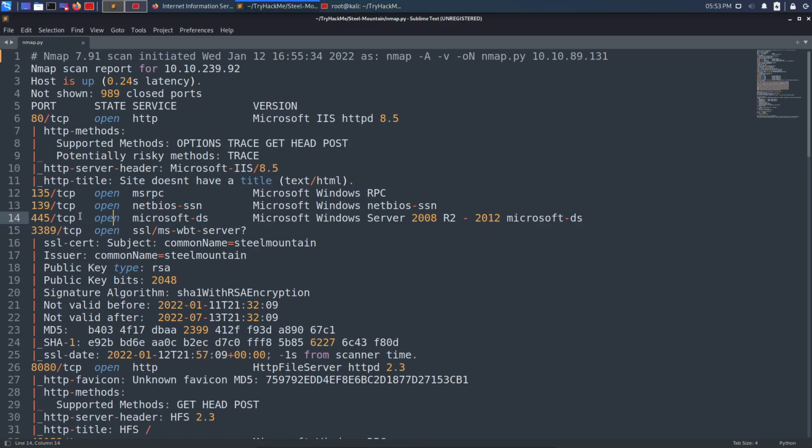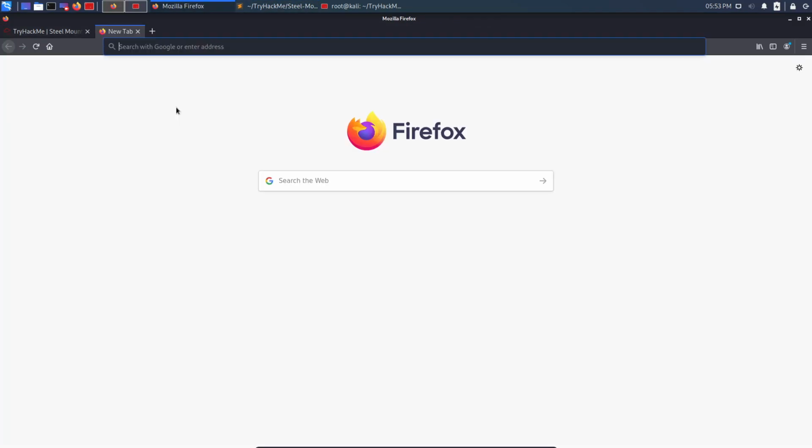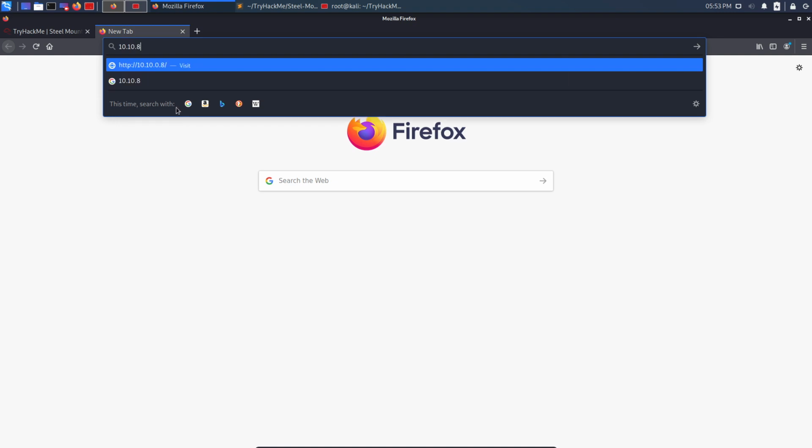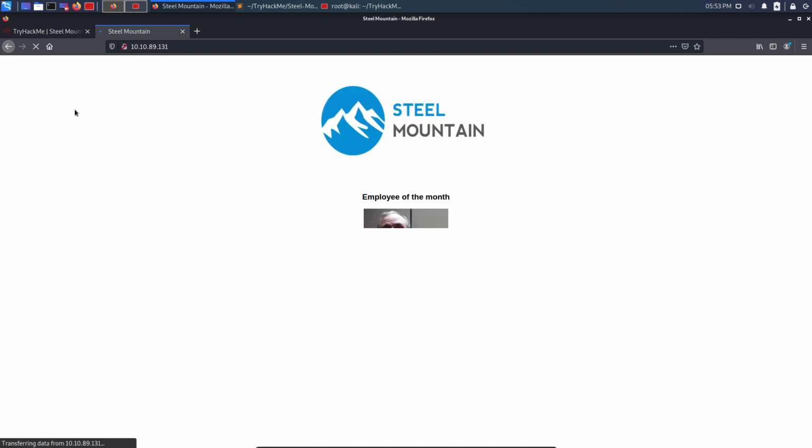SMB ports are not interesting, so let's go to the web servers because only the web servers are left. One of them is port 80 and the other one is port 8080. So let's come here. I will type in the IP address to see what's running on port 80, and it says Steel Mountain, and we have some sort of employee of the month, and we have